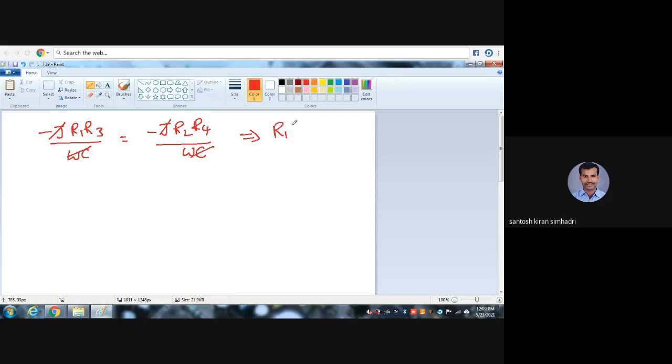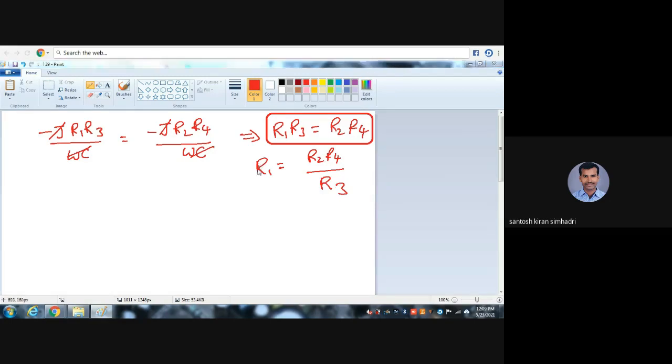That is called R1, R3 equal to R2, R4. There is a small difference because your bridge is taken in a different way. That's why the expression is also varied. So this is the final expression for R1, R3 equal to R2, R4. If you want only R1, what happened? R1 equal to R2 into R4 by R3. That's all. I will save right now.